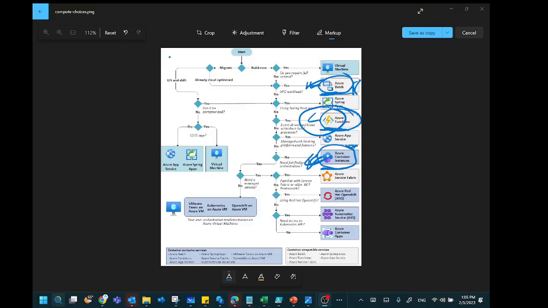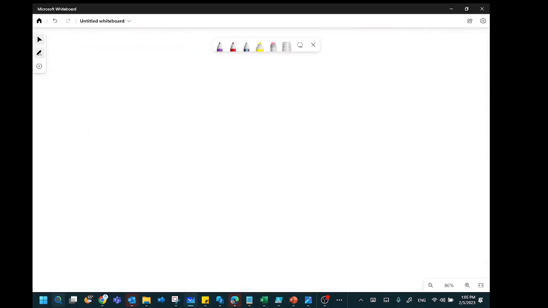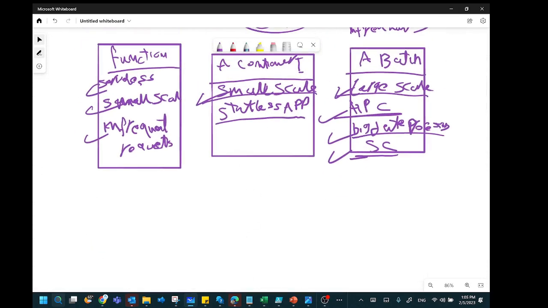So to refresh your mind, you have to work with some case study. So let's go here to my board, and we have Azure Functions and Azure Container Instance and Azure Batch. So for Azure Functions, we have three things here. First one, we can use it if we have event